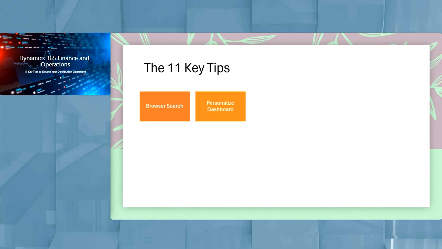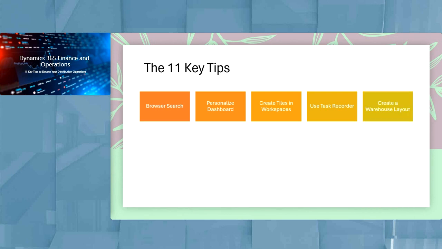We're going to talk about personalization. We're going to be talking about using tiles inside of your workspaces to optimize information so that you can quickly get to it in your distribution environments. You're not hunting, for example, for back orders inside of the system. We're going to cover Task Recorder, which is a very powerful tool that can help aid in your distribution processes. We're going to talk about why it's important to have a warehouse layout,